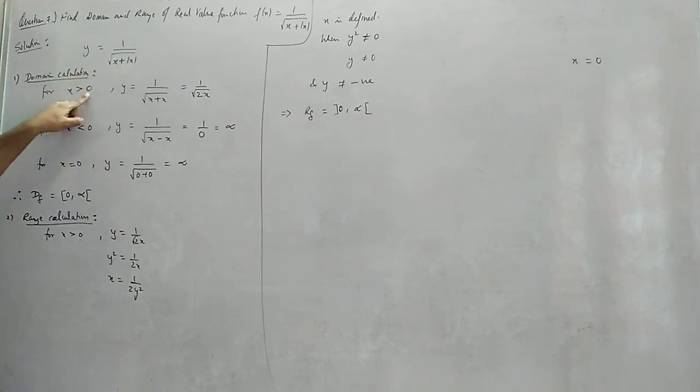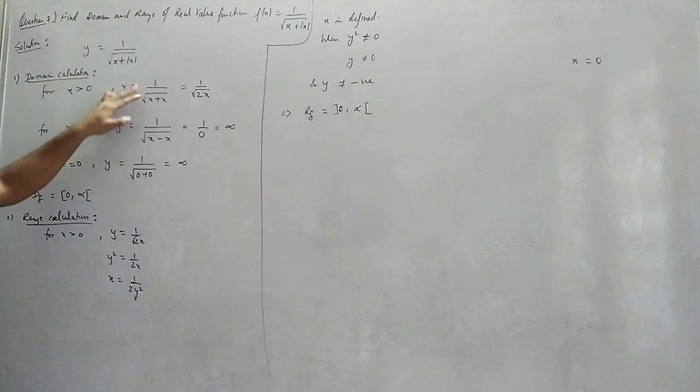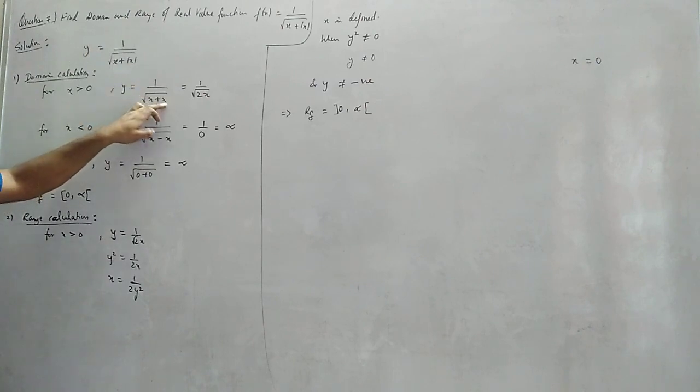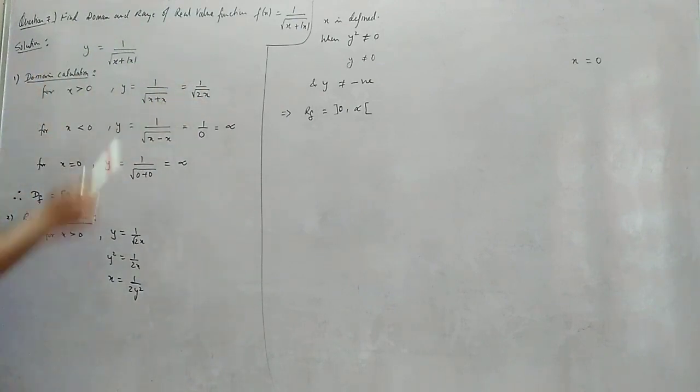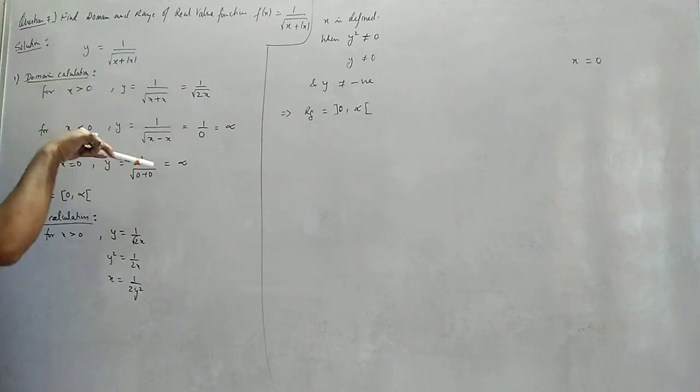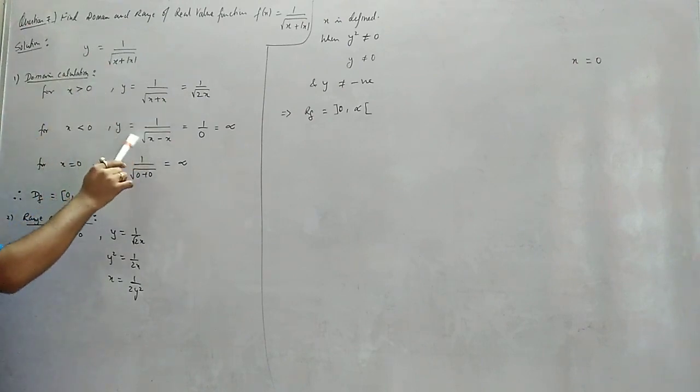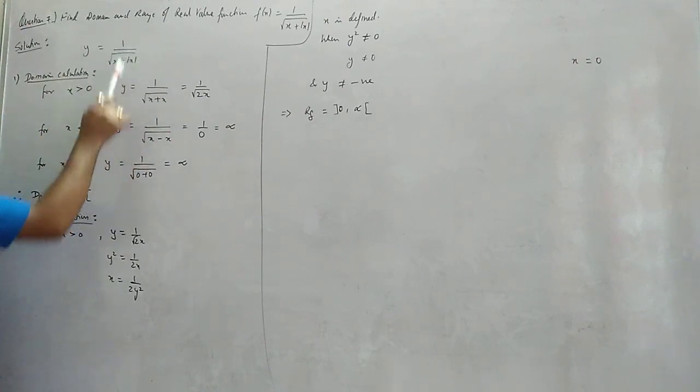So when we take x greater than 0, you substitute anything here, it will always come as positive only. So in this case, mod removes, y equals to 1 by under root x plus x. Mod will remove and it will become simple x. So after solving, 1 by under root 2x comes. But when x is less than 0, this term will be negative. So we have to put a minus sign on our own. y equals to 1 by under root x minus, mod removed, minus x comes.